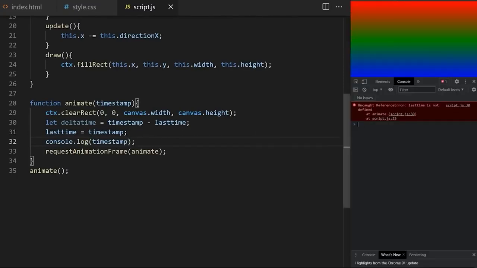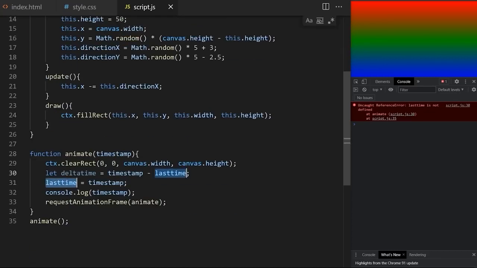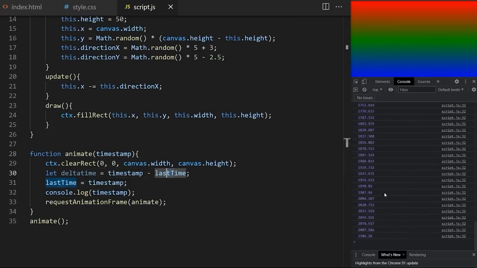I can see I misspelled last time here. Capitalization of letters is very important in JavaScript. You can see in the console I'm getting timestamps in milliseconds since the loop started. The very first value is a second, so it goes like this: 7, 8 seconds and so on. So this is the automatically passed timestamp value here. It's generated by default by JavaScript because we made animate into a callback function on the request animation frame method here